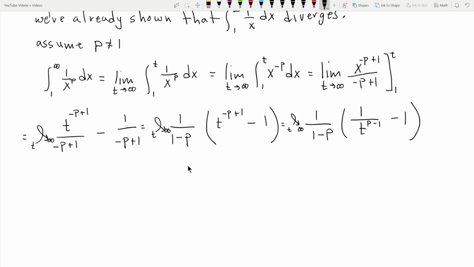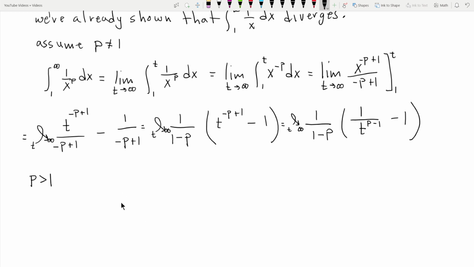Anyway, so now I need to see what happens to that limit. All right, if p is not equal to 1, and we can see now why we don't want p equal to 1, even though we already know that diverges, that's going to diverge because of 1 over 1 minus p. All right, so we have 2 options left. If p is greater than 1,